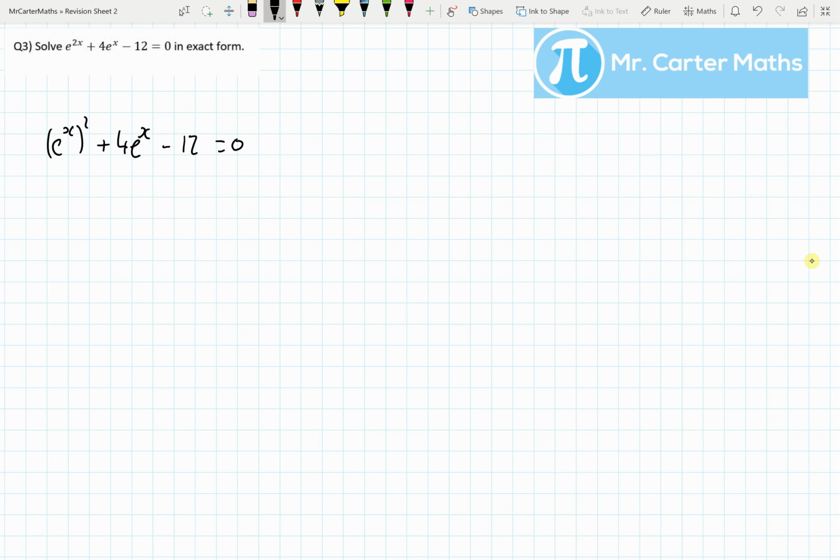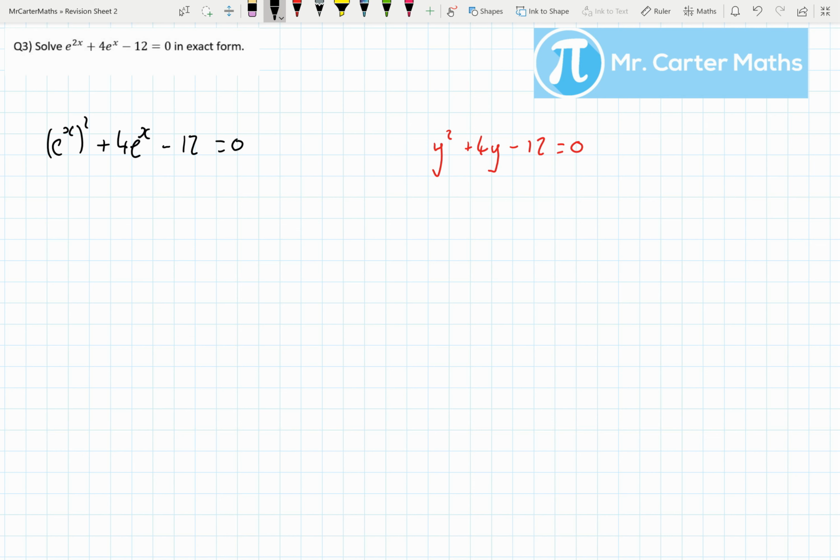I don't normally like writing in extra variables when I don't need to, but you'll see a lot of people do this. Replace e to the x with some other variable,